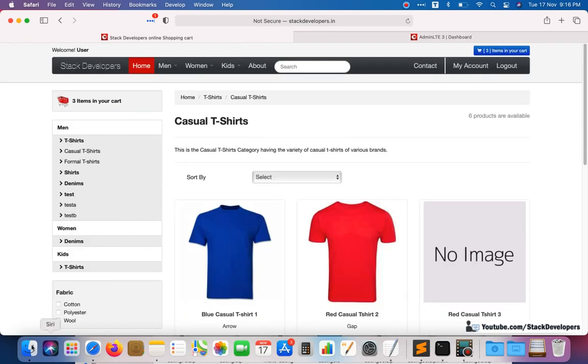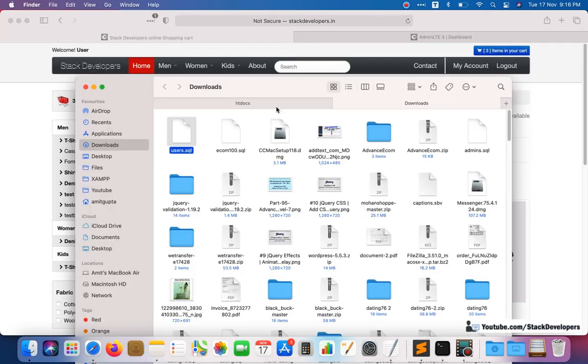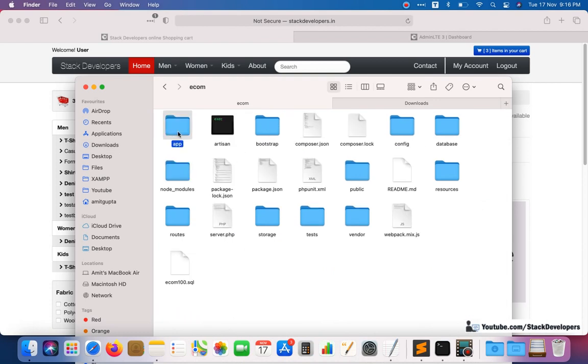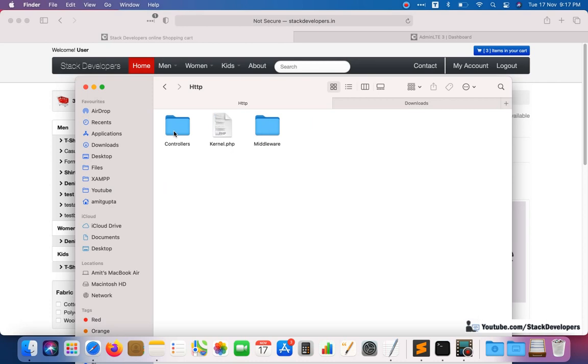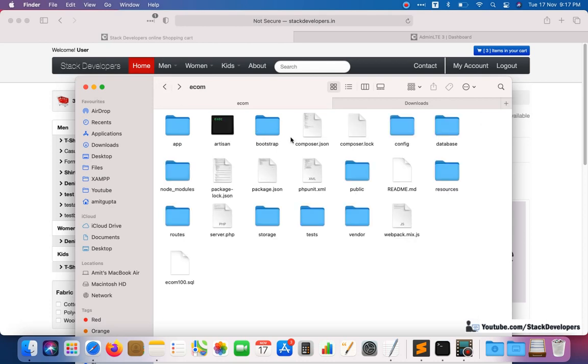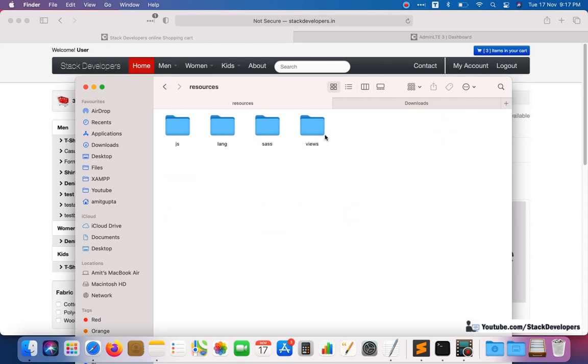If you want to get the code, you will get the code easily. So this is the code, app and http, and you can see the controllers. Here we are maintaining all admin controllers, and here all are front controllers. We are also maintaining our resources and views, everything we have made in a proper way.